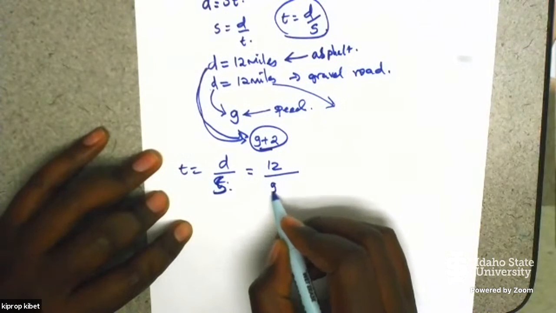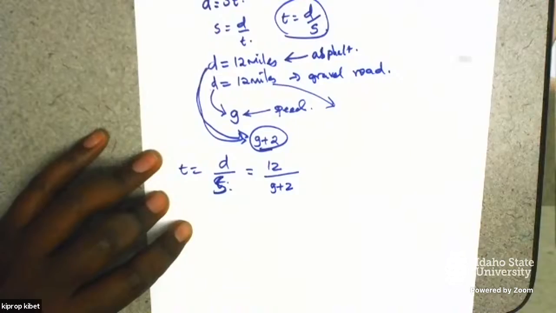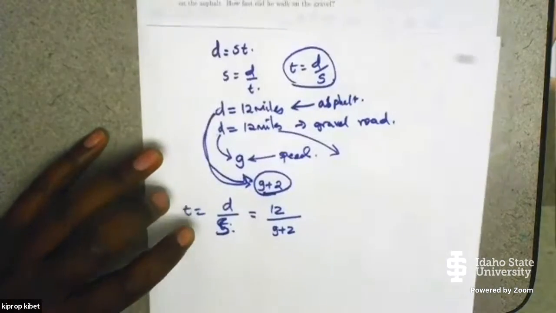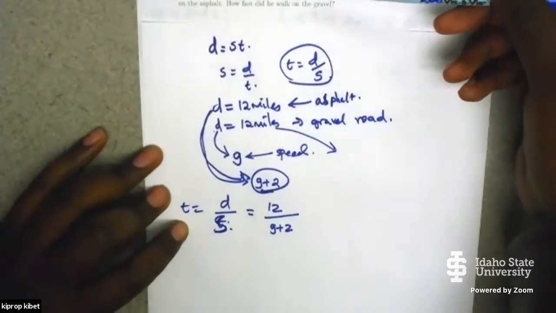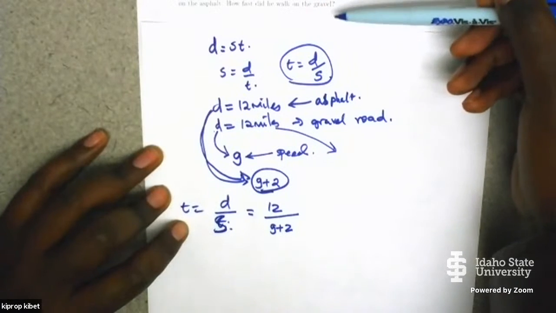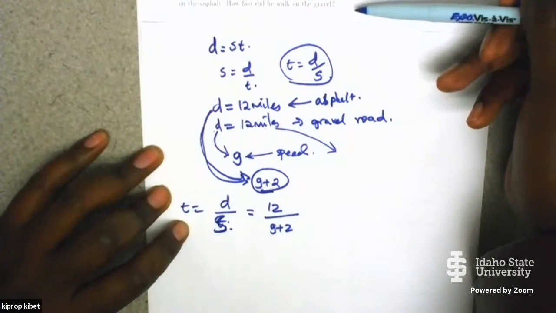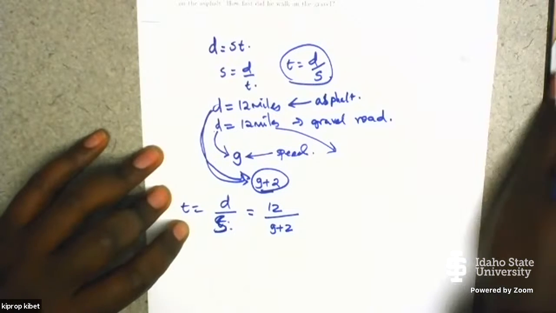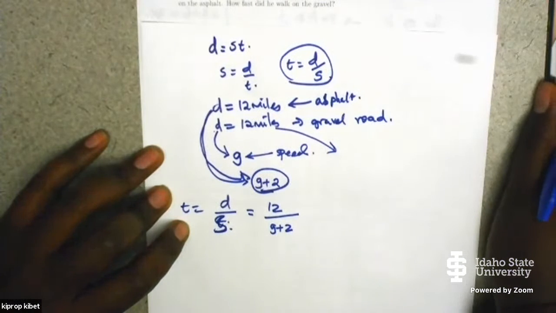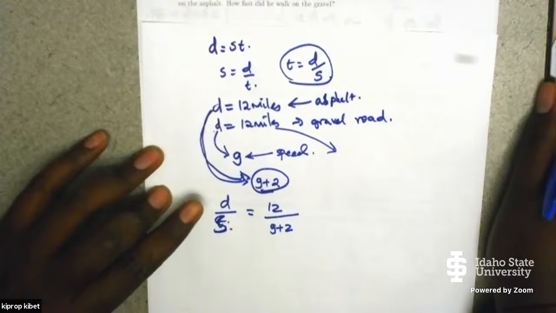G plus what? G plus 2. Then again, it says the work on the gravel took 1 hour. So it took 1 hour longer than the work on the